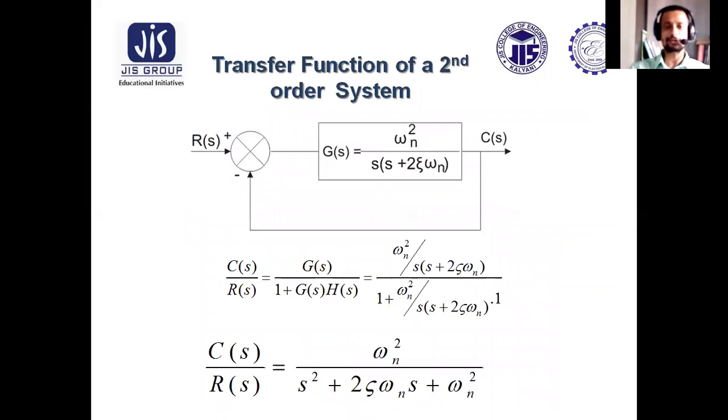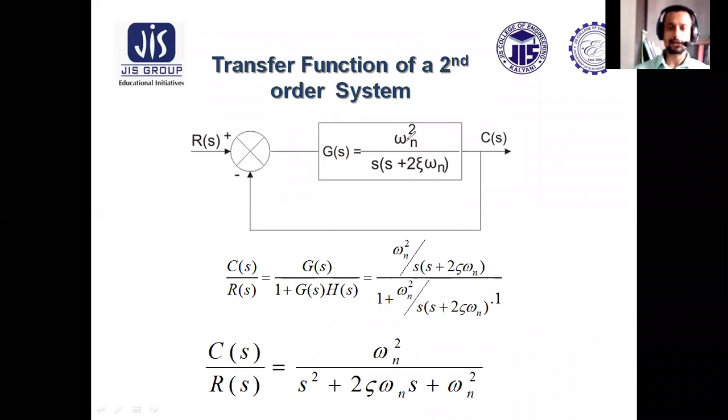Now what is the transfer function of a second order system? The general expression of the block diagram of a second order system is given by this diagram, in which omega n and zeta are new terms to us. We'll clarify all these new terms in the next slide. As of now, remember, this is G(s), the forward path transfer function, and this is the general expression of the forward path transfer function of a second order system. This system has a unity feedback.